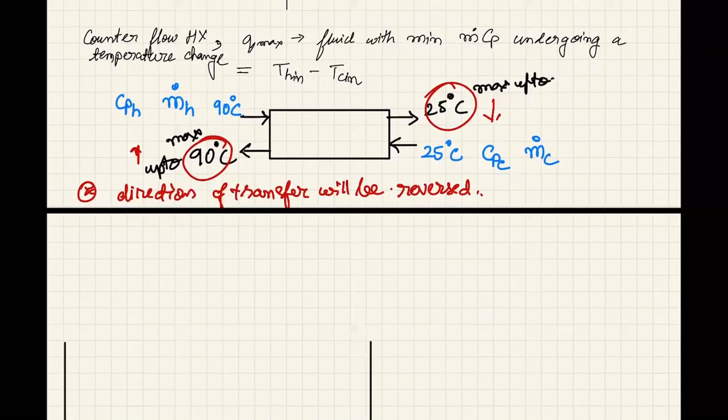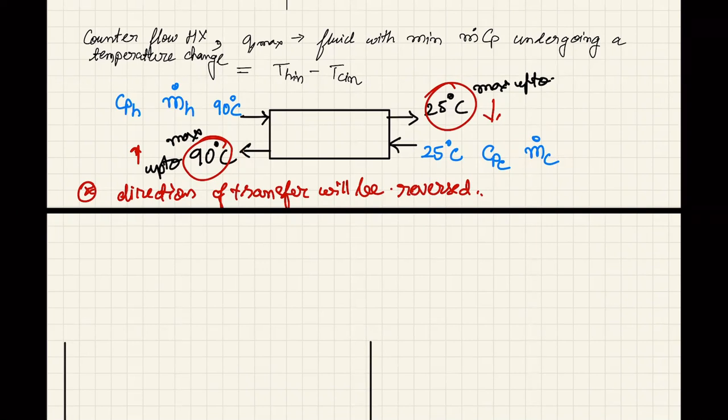Yes, sir. So do you remember this homework problem that I had given, a thought problem: up to what limit can we increase the temperature? Yeah, Devang says yes. So you can't go beyond 90 on this side. You can't go beyond 25 over here. Otherwise, the direction of heat transfer will change. So this is the maximum limit that you can have. So this is the maximum delta T that you can have. So what will be the Q max that this system can give?